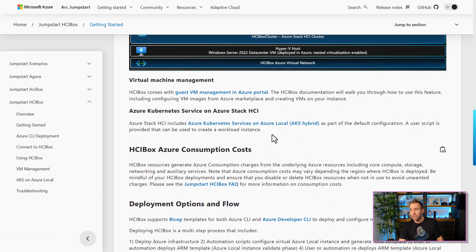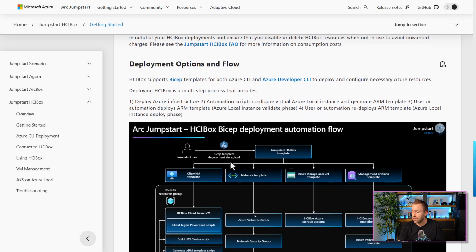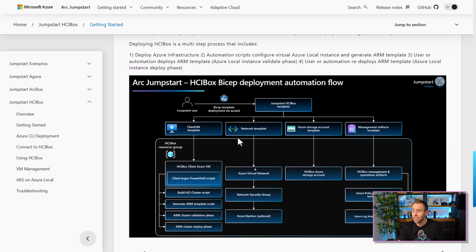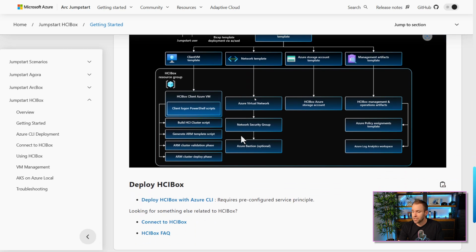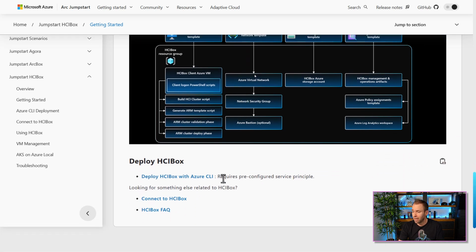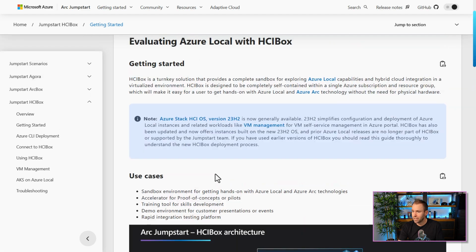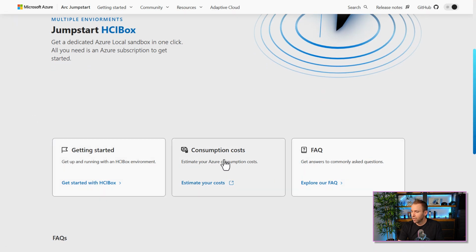Now, that said, there is obviously some cost because it's a fairly large VM you're actually going to deploy. So if you want to learn more about the cost, we will just have a look at this as well. So we have some consumption checks here so that you can have a look at what it would actually cost if I run this for a month or so. And then also here, how the actual deployment flow goes, and we will run through this in another video as well. So to actually have this done, again, I want to quickly go back to the getting started part, or the overview part, I should say. And then if I go to cost consumption